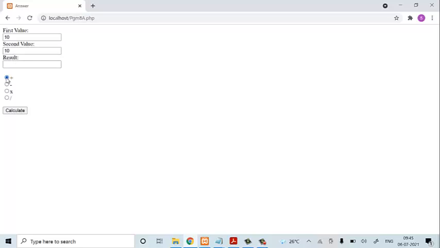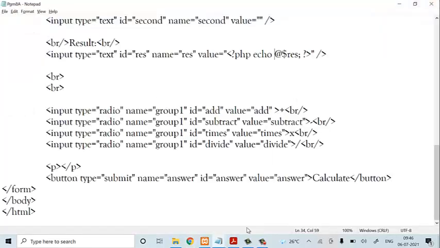In the sense, internally add is equal to add. Yes, it is correct. So now when I calculate, a result should be printed in this result text box. When I click on calculate, you can check it out. Your result is 20 here. This is all about your calculation in the simple calculator program.